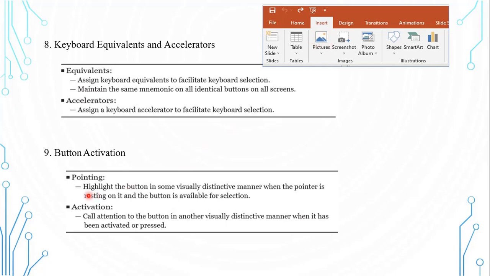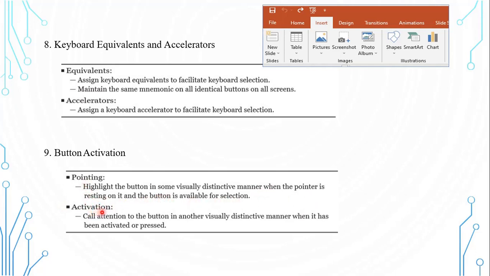So we connect a pointing device and highlight the button in some visually distinctive manner when the pointer is resting on it and the button is available for selection.